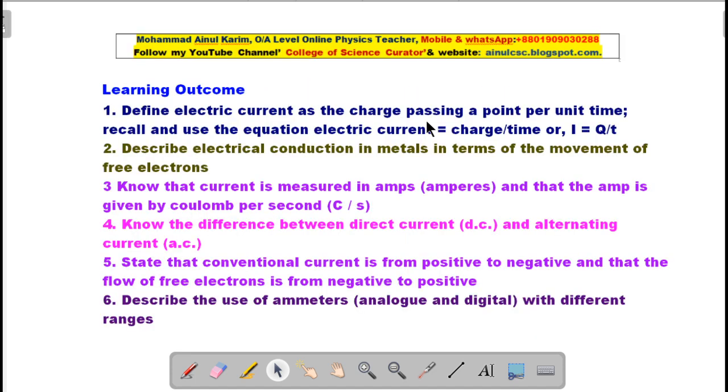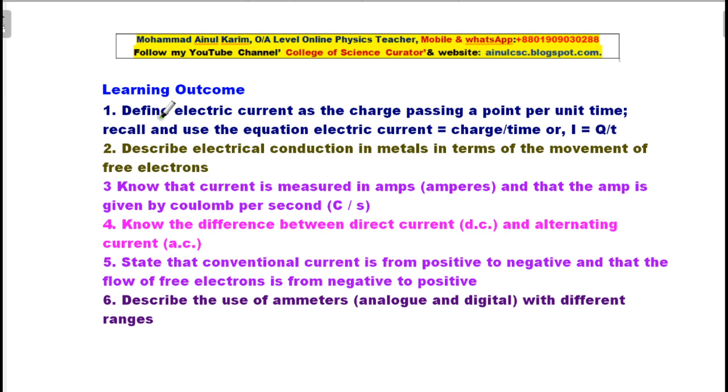So our learning outcomes today: define electric current as the charge passing a point per unit time. Recall and use the equation electric current equals charge per time, that is I equals Q over T. Describe electric conduction in metals in terms of the movement of free electrons, and know that current is measured in amps, and that the ampere is given by the coulomb per second,